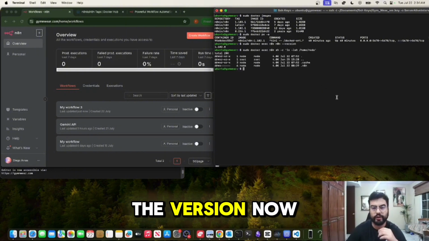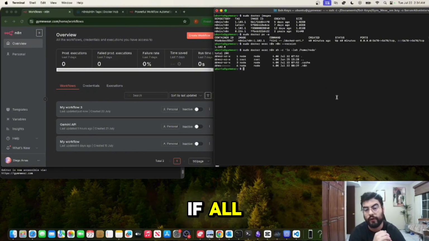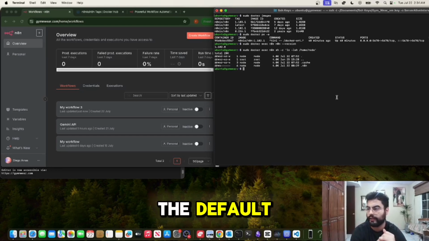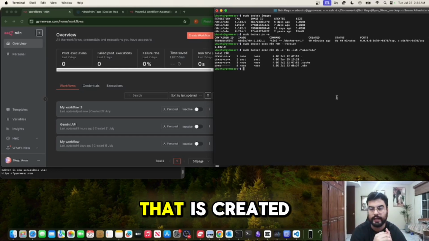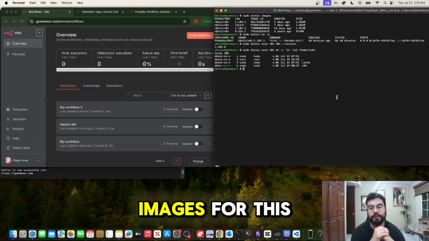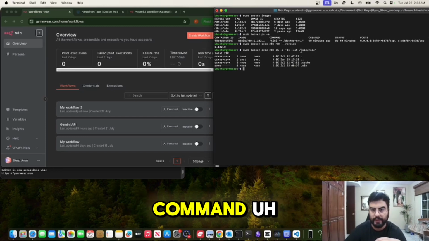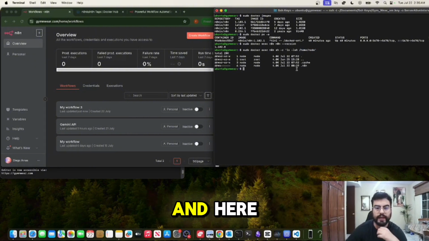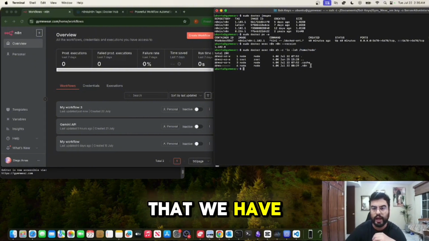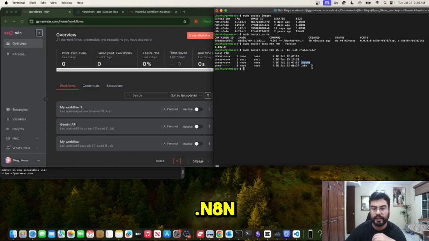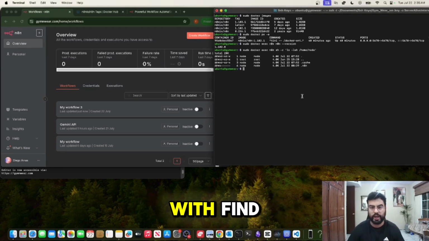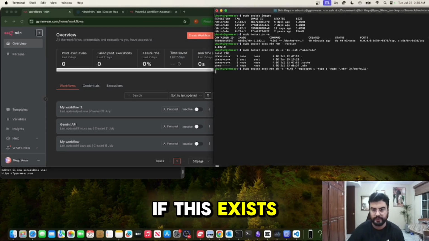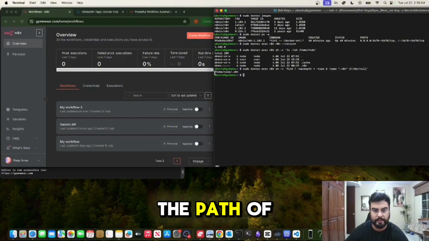If we check the version, now we need to see if all our credentials are in the default folder that is created when you pull these images. For this, I run this command, searching for the home node folder, and here we can see that we have the cache and the .n8n file. Next, I will double check with find if this exists, and we can see that it's in the path home node